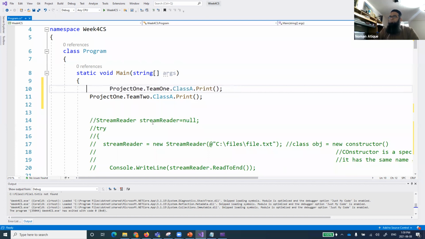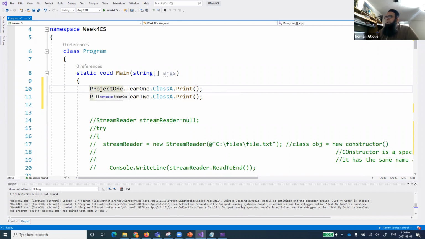If you see here, what is going on? We have defined a namespace with the name of project one. You see, namespace project one. And inside that, I've defined a namespace called team one. And inside that, I've defined a class. You see, a class. So it is giving the type. These curly braces show the namespace, it's before the name. This team one is the namespace. And if you come to this class, it's showing that this is a class, and a class has a different icon related to it. And when you come over here, it says that it's a void print method of, and it is giving the complete name.